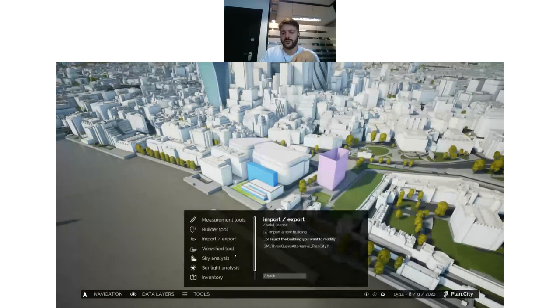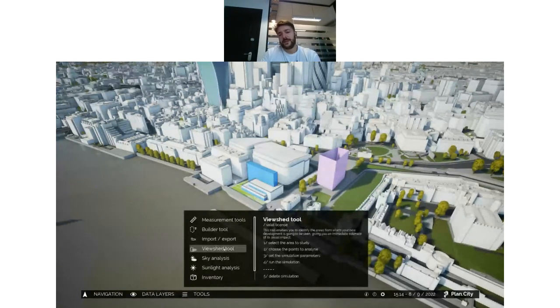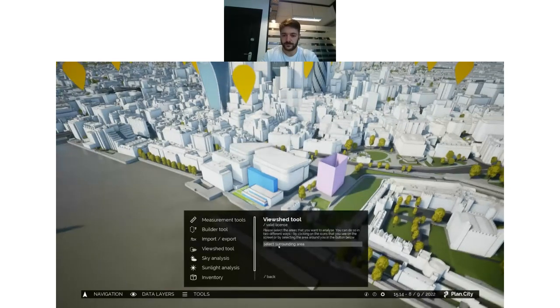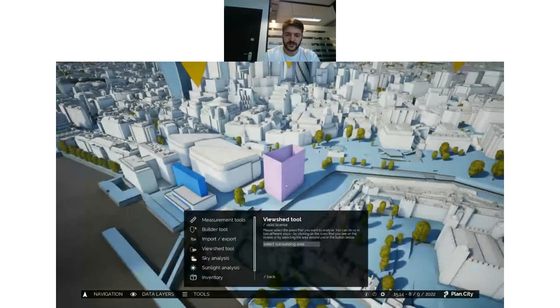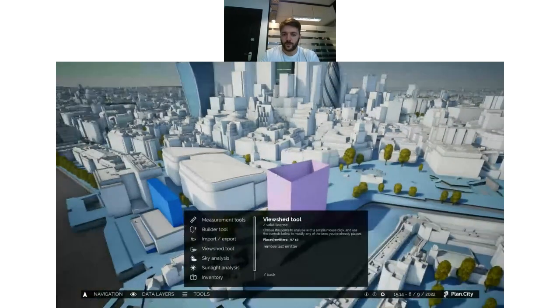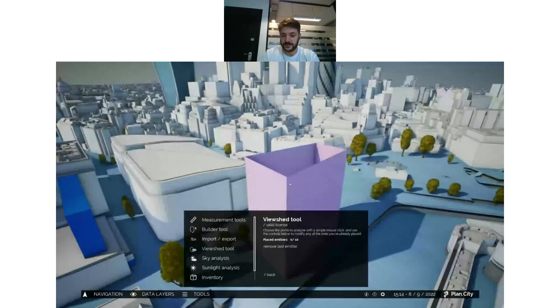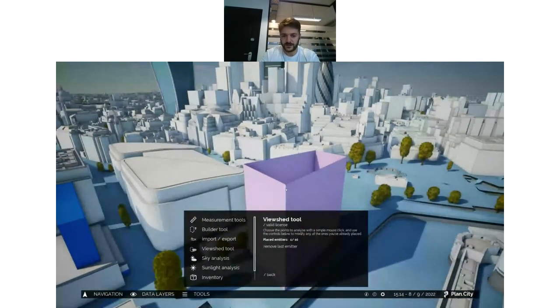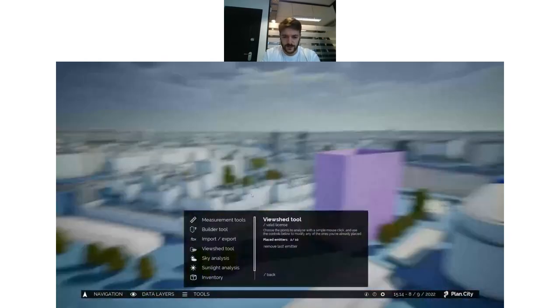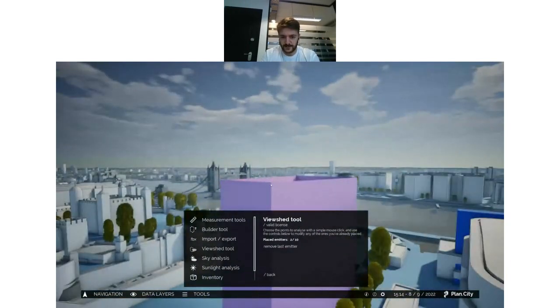Then we have another tool that works in combination with the builder tool, which is the viewshed one. The viewshed basically analyzes or gives you an idea about the areas where the building that you've designed is going to be visible from. So for example, we've created this quick sketch before, and now I want to know where that building is going to be visible from. So something that I can do is just come over here, specify the points that I want to analyze, like so,